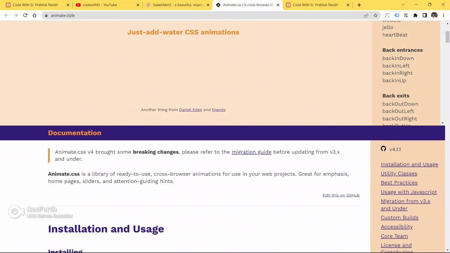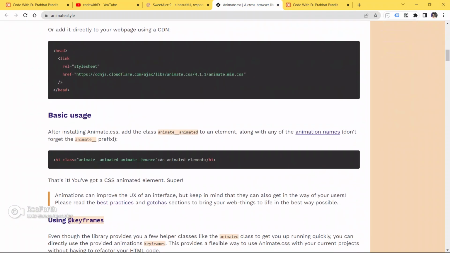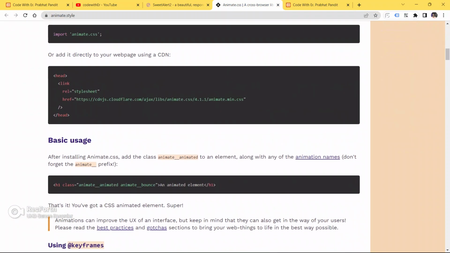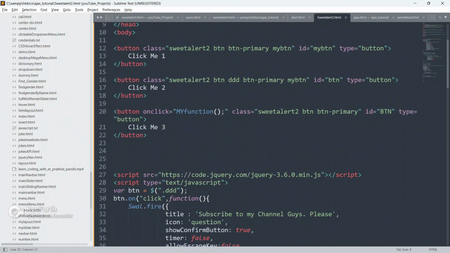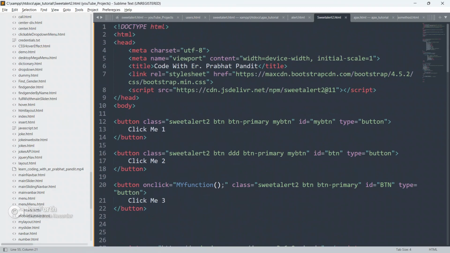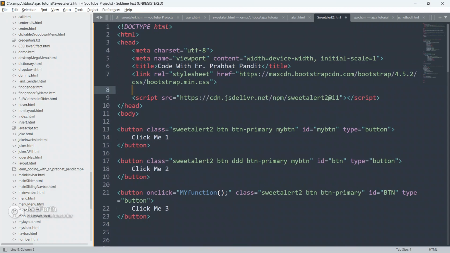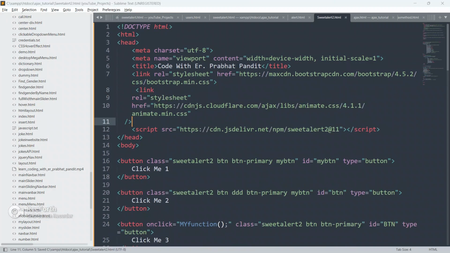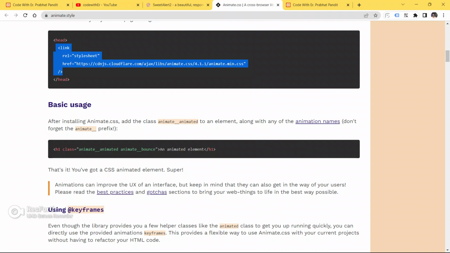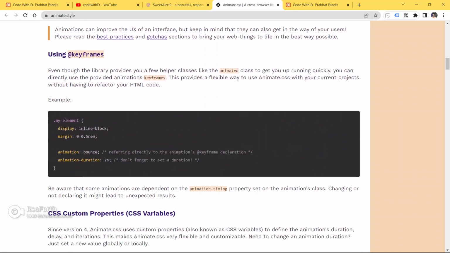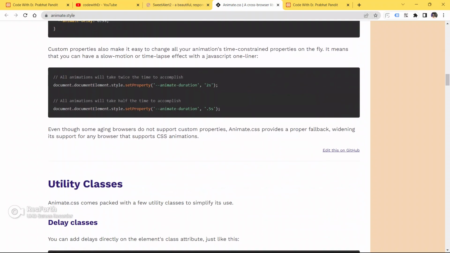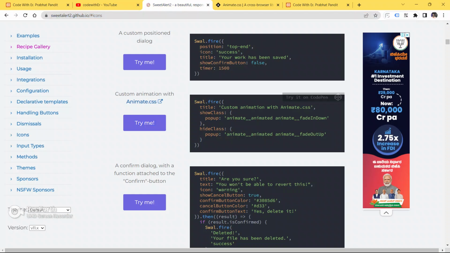Okay, go here, this is animate.com, guys. And lots of animations also. So just copy this link and paste it in your head section. Paste it here, save your code, go to the browser and see, you are able to use lots of animation here also.